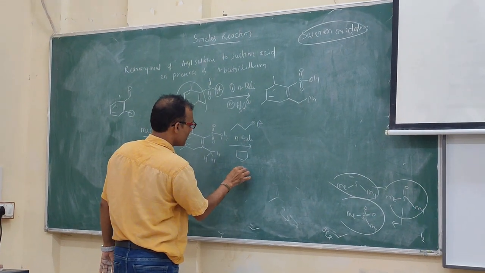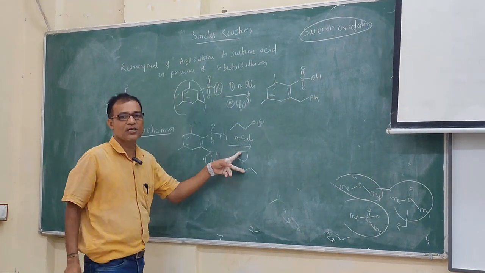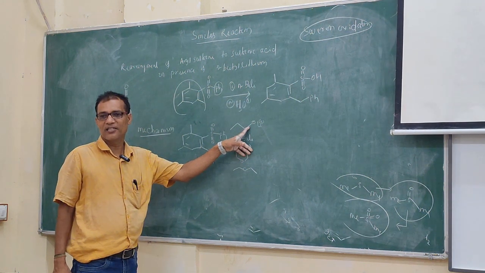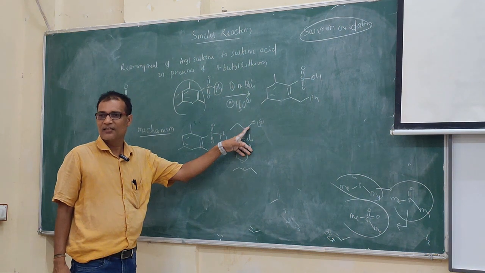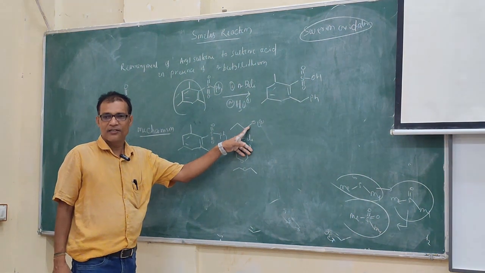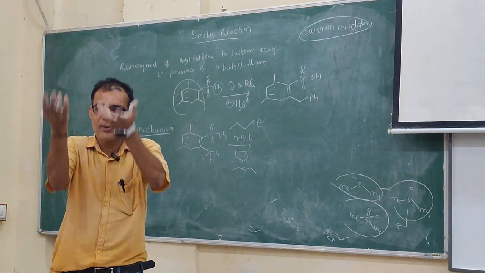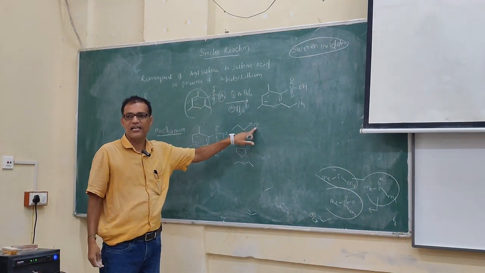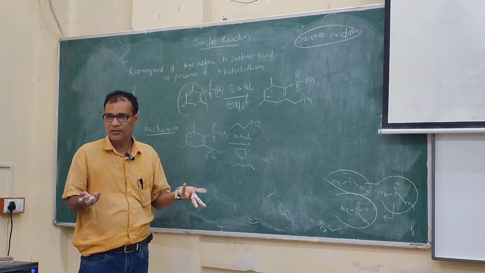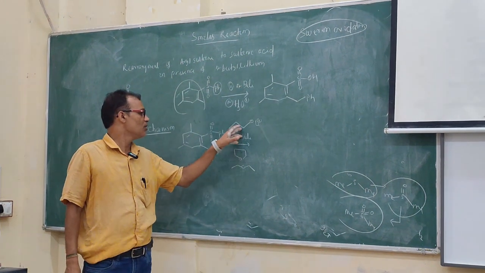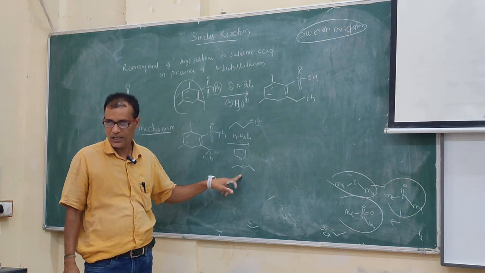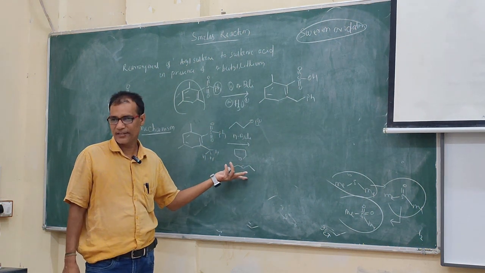Make sure it does not contain any water, because water will react very vigorously. It will form lithium hydroxide, like lithium aluminum hydride will form aluminum hydroxide and hydrogen will come out. Am I correct? Similarly, same thing, it will form lithium hydroxide, like sodium metal, it will burn. That's why, whenever doing a reaction with this system, make sure it does not contain any water. So you use ether solvent. Then what will happen?